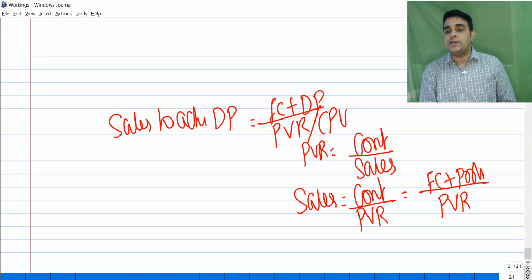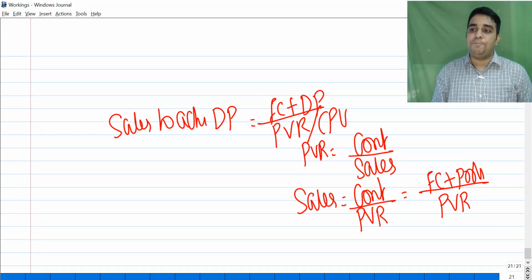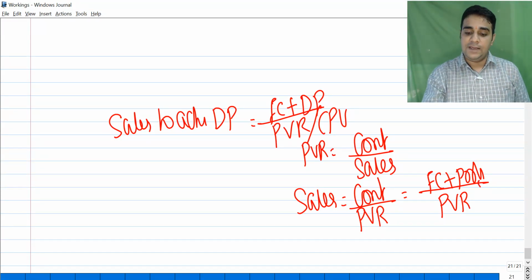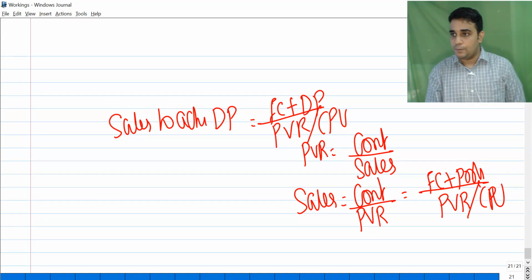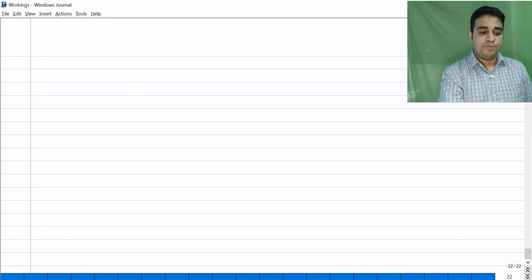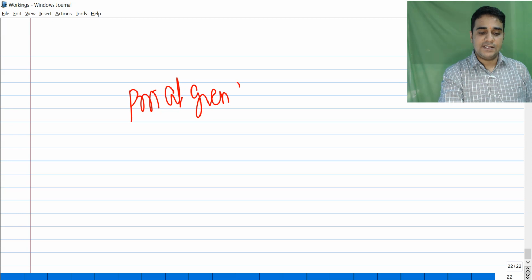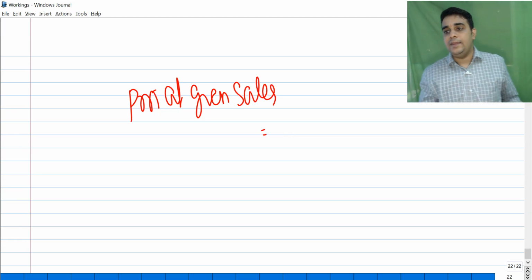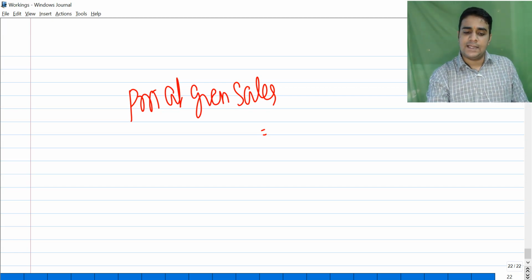So, sales to achieve desired profit is equal to fixed cost plus desired profit divided by PVR or contribution per unit. And the last part is profit at given sales. The question can mention some sales number and they would want you to calculate profit. Profit is nothing but